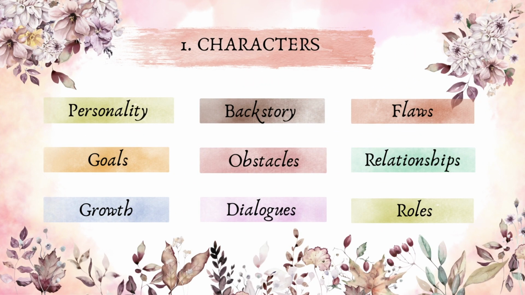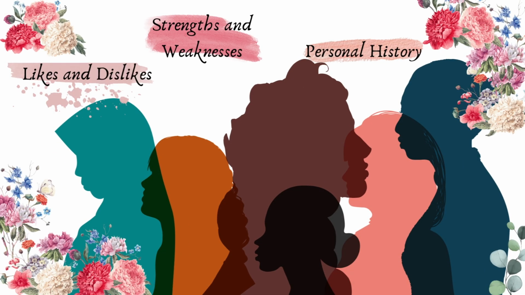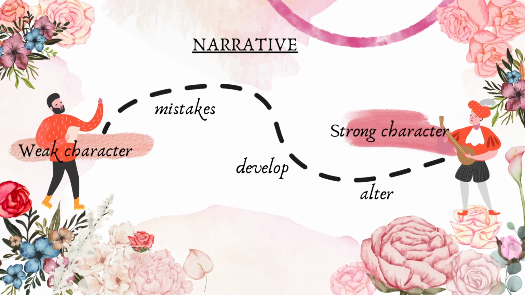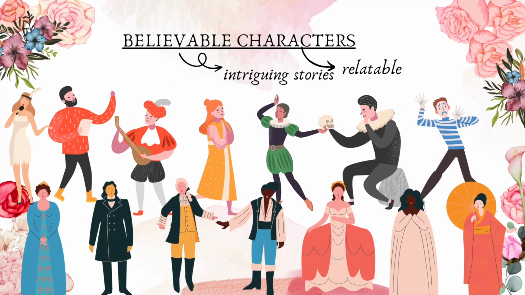Number 1. Characters. One of the most crucial parts of writing a novel is developing unique, believable characters. Character profiles with the characters' likes and dislikes, strengths and weaknesses, and personal histories can be useful in achieving this. A strong character should develop and change over the course of the narrative, picking up a lesson from their mistakes and changing over time. Writers may develop believable characters that readers can relate to and use in intriguing stories that